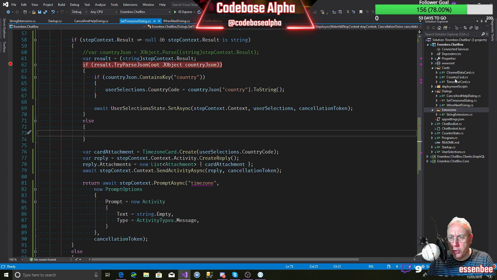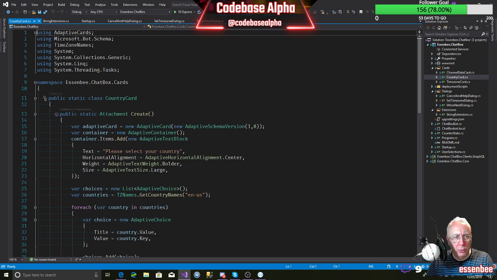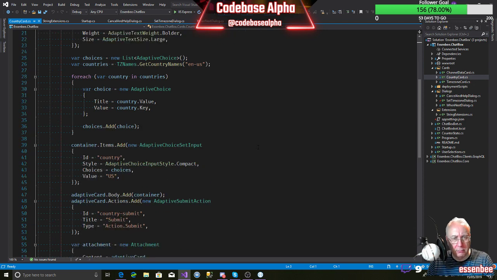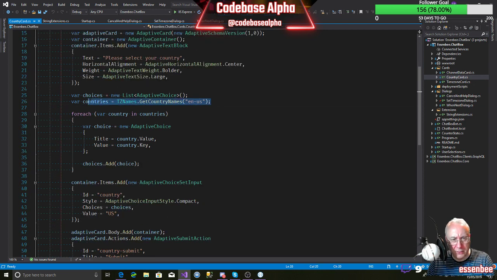So we're looking at country. On the country card, we're using this time zone names package here, and this contains a list of countries as a dictionary with a key, which is going to be a country code, and a value, which is the name of a country. So let's have a look at what we can do with that.